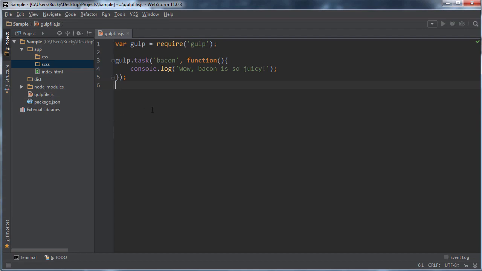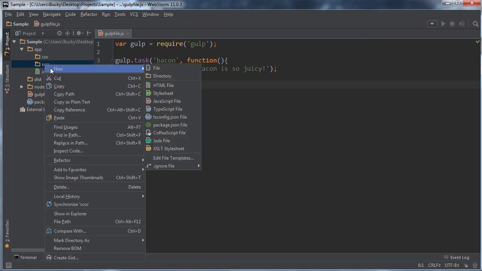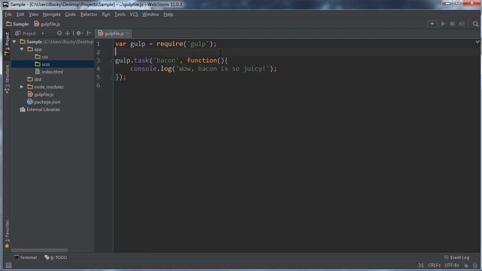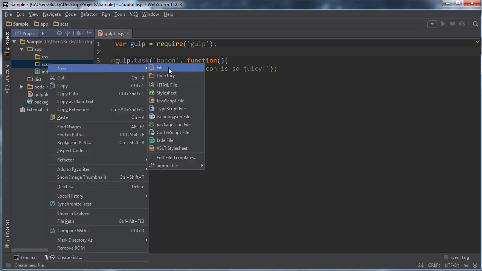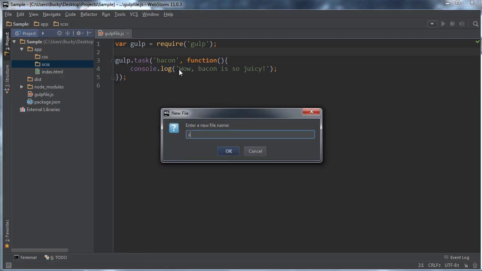All right, so the first thing I want to show you guys is how to take SCSS and convert it to CSS, something you guys probably do all the time. So I'm just going to make a new file, and again, this is in my app SCSS directory. So I'm going to make a new file, and I'm just going to name it